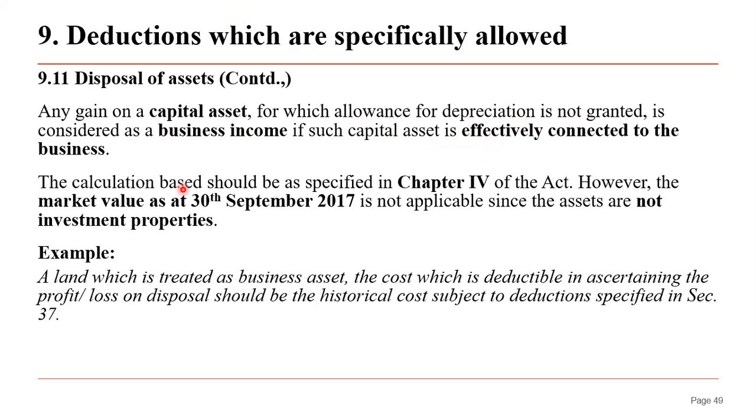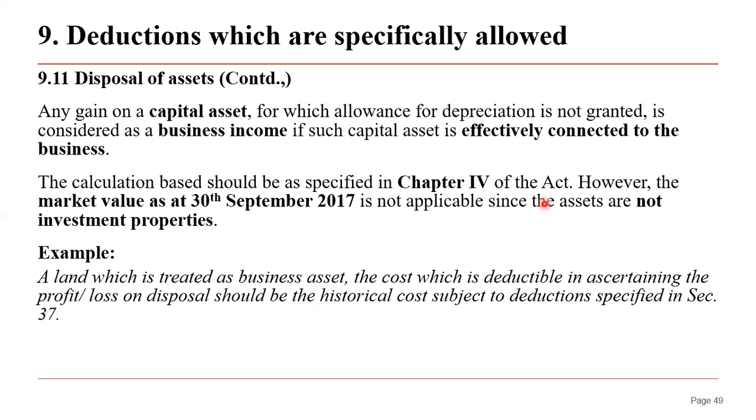So, calculation base. If there is a realization of any capital asset, let's say land, then they have to apply chapter 4 of the act, that is, how to calculate capital gain on the asset. Chapter 4 deals with capital gains. You need to refer to it if it is a capital asset, if it is effectively connected, which is not a capital allowance granted, then you need to calculate the capital gain based on the provisions in chapter 4 of the